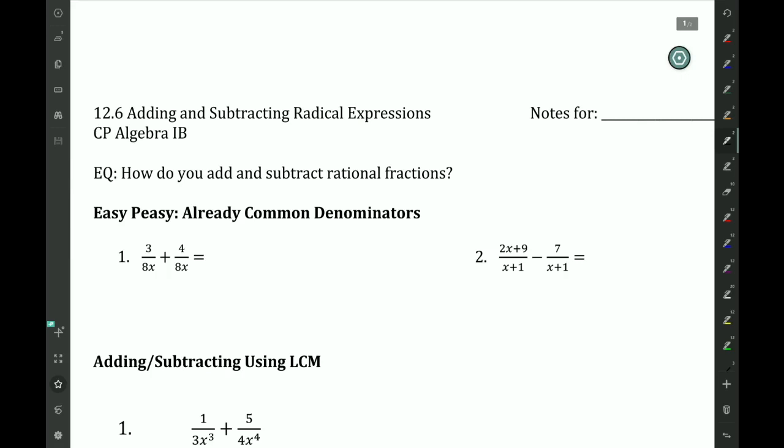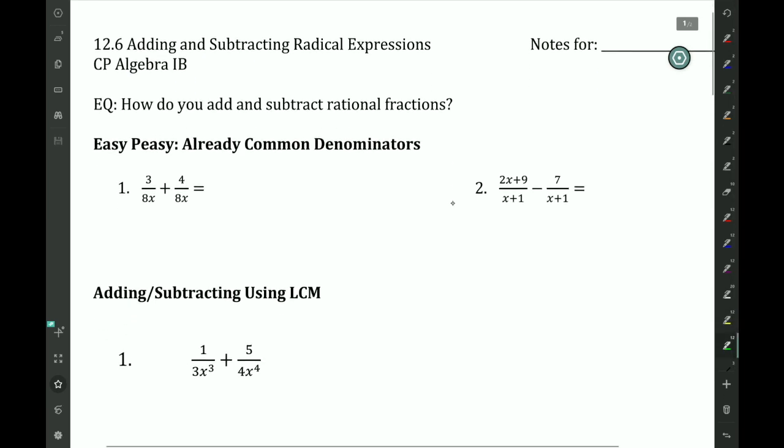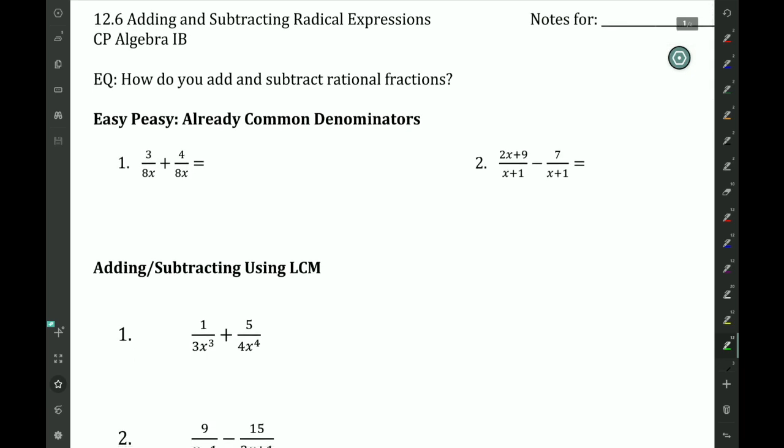Hello, CP Algebra 1B, and welcome to 12.6, adding and subtracting radical expressions. We did multiplying, we did dividing, we now are moving into adding and subtracting, which you might think would be easier, but it's a little bit more challenging, okay? So just bundle up and we will, of course, tackle these together, and you'll be pros by the end of